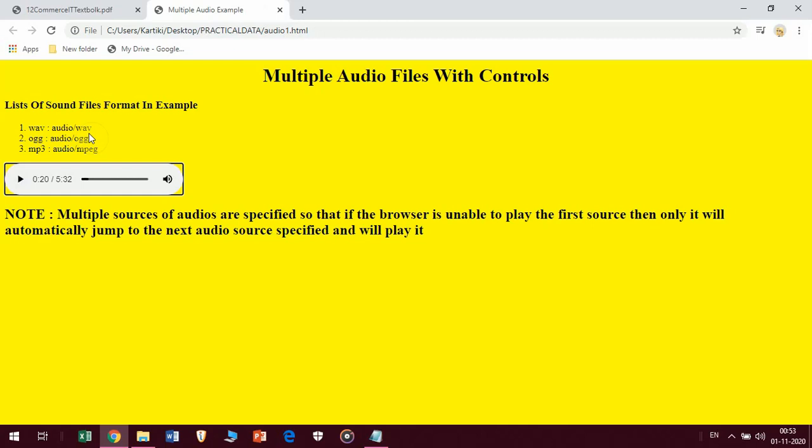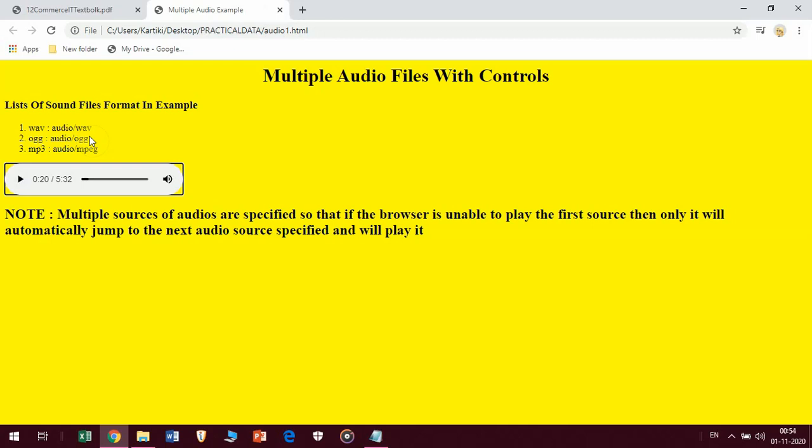Now here I have created it manually, but if the problem is with the types of the audios, if your audio file crashes, it will jump onto the next file.